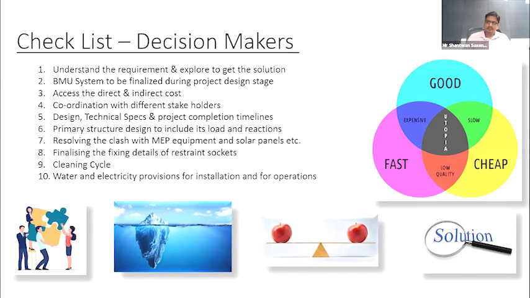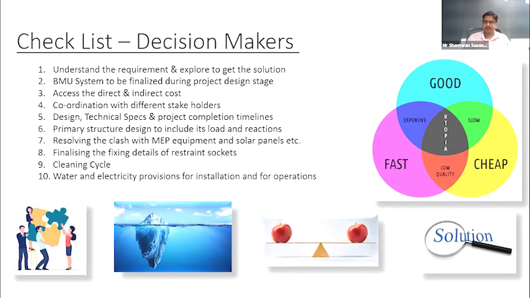While concluding the system, one should be clear what type of cleaning cycle is required. Basically, if we categorize projects, they come into three parts: residential, commercial, or hotel industry. In residential, cleaning once in 3 months is sufficient. When it comes to commercial, once in a month is okay. But hotels want cleaning approximately 15 days in a month, maybe 2 to 3 times in a month. In that case, we need to have a motorized system.